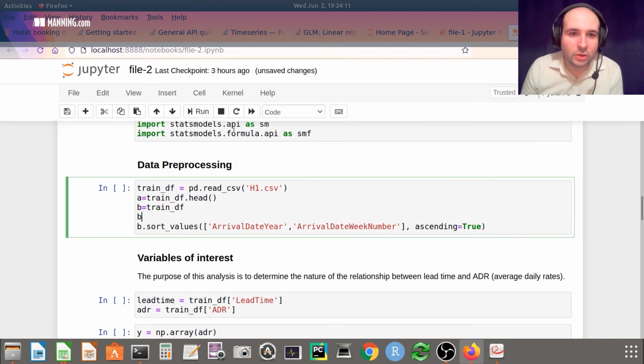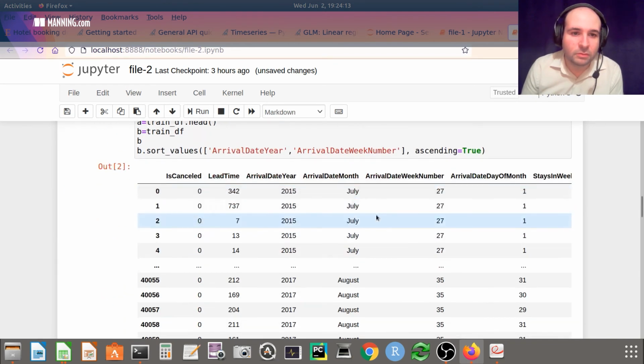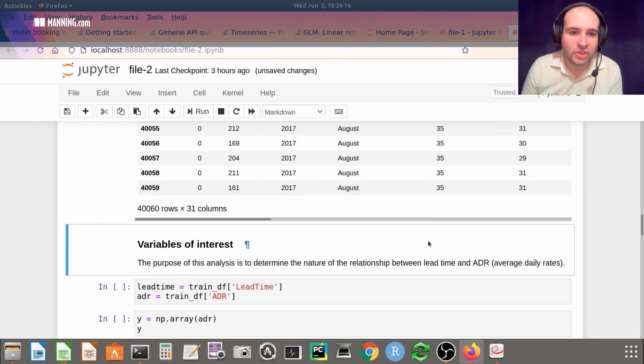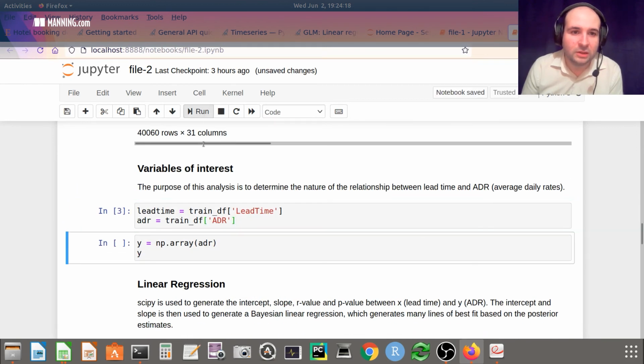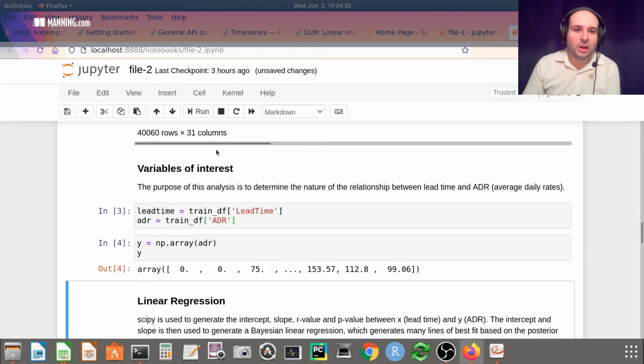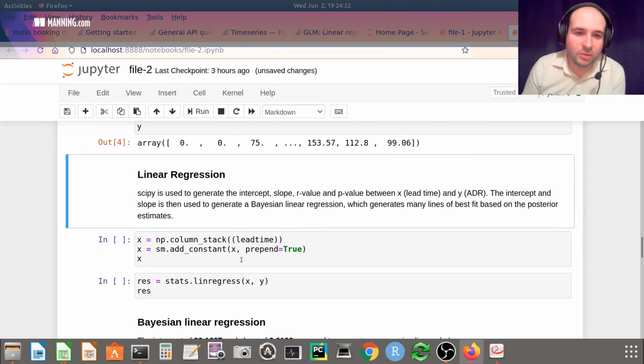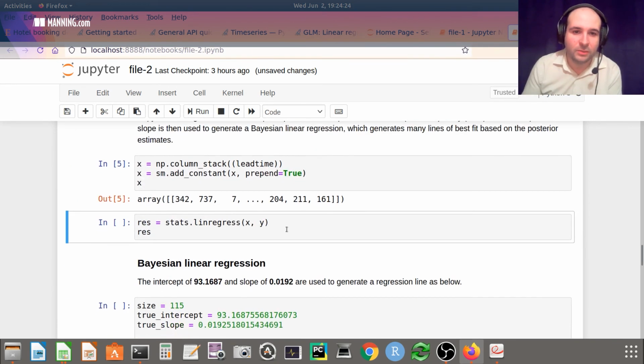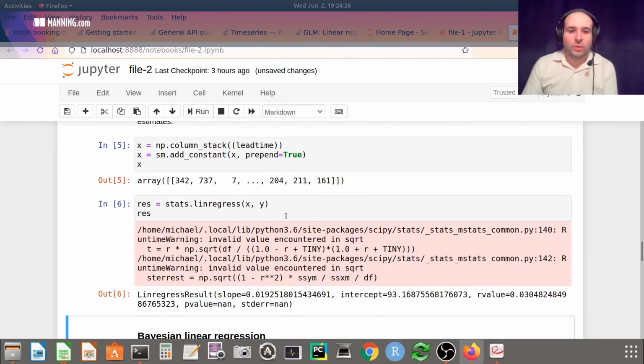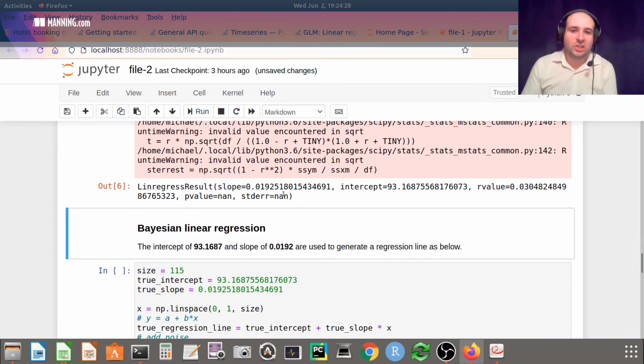Let's just go ahead and load our libraries. We'll import the data set that you just saw. We're going to take lead time and ADR. ADR is our outcome or dependent variable. We're taking the lead time as the independent variable. We regress them together and we get a slope of